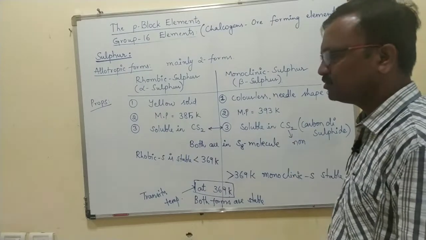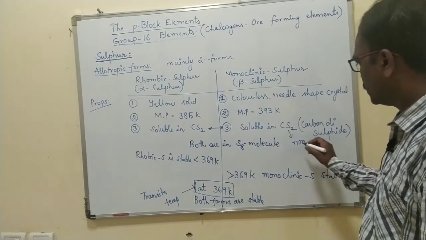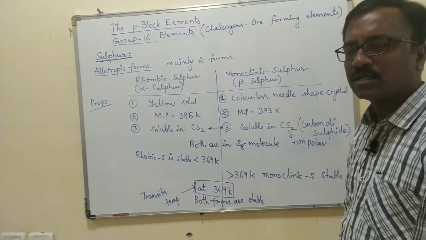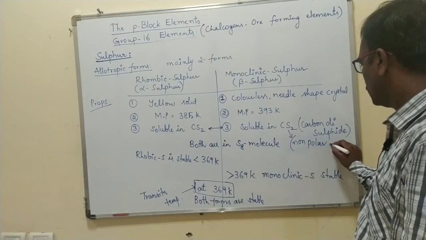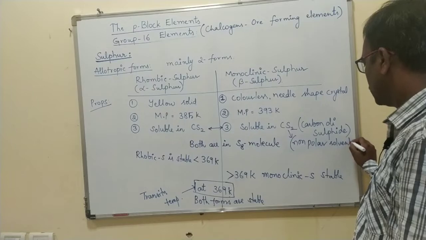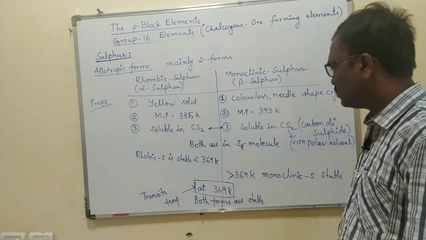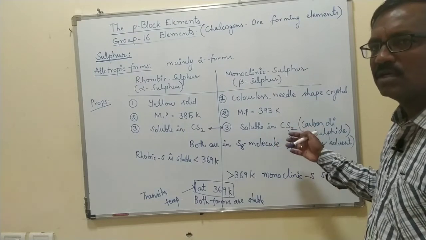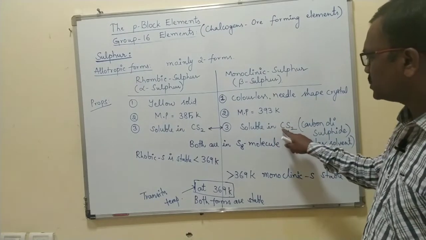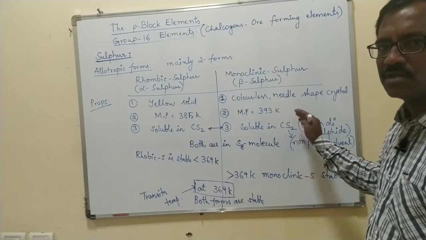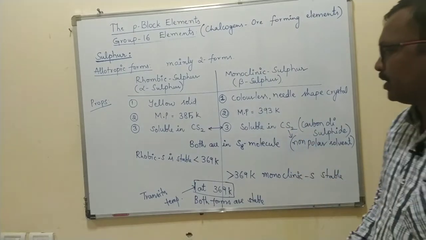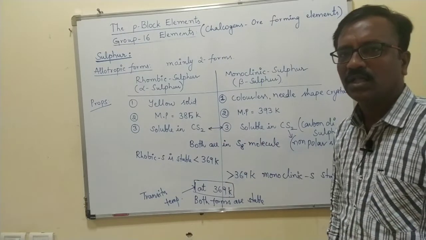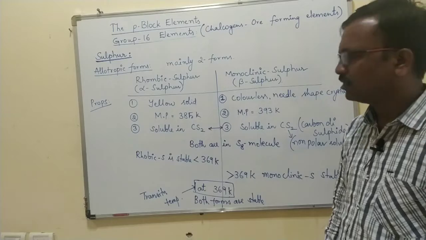Sulfur is a non-metal, so it is non-polar. Like dissolves like, as you have studied. CS2 is a non-polar solvent. What does non-polar mean? There are no charges between carbon and sulfur; carbon does not become positive or negative. That's why it is non-polar. Both exist in the S8 form, which I told you in the beginning is a crown shaped molecule.